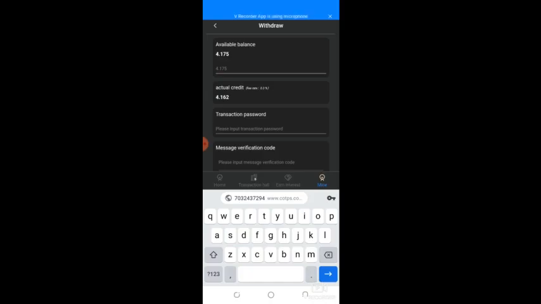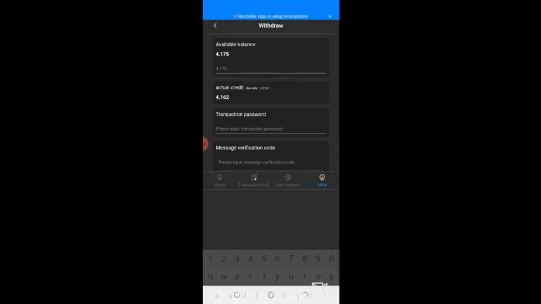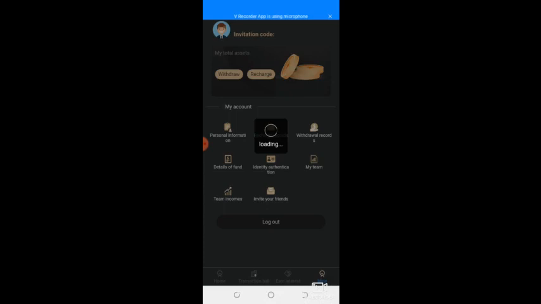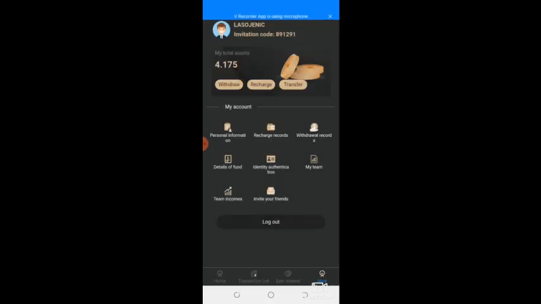So that is how to go about the withdrawal aspect of this particular platform called COTP. It is very easy, very simple to do. This is an avenue whereby you can generate residual or passive income on a daily basis.